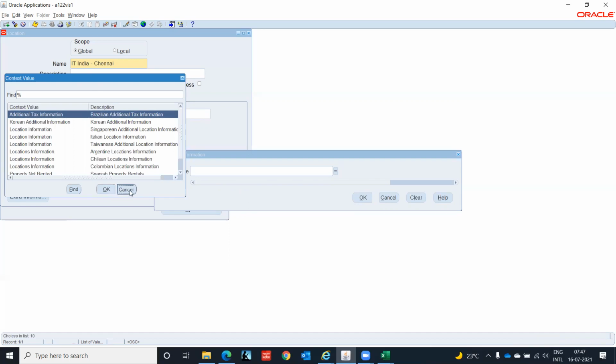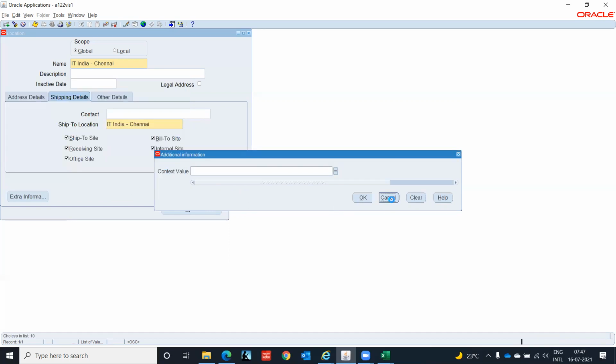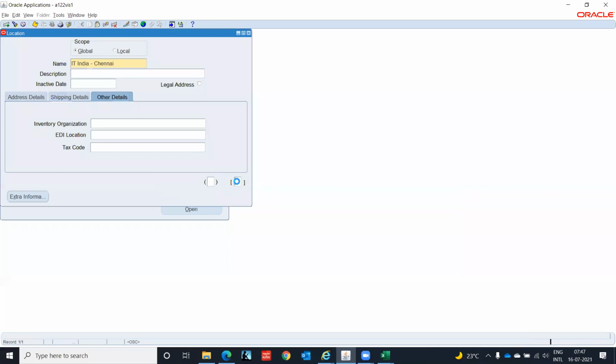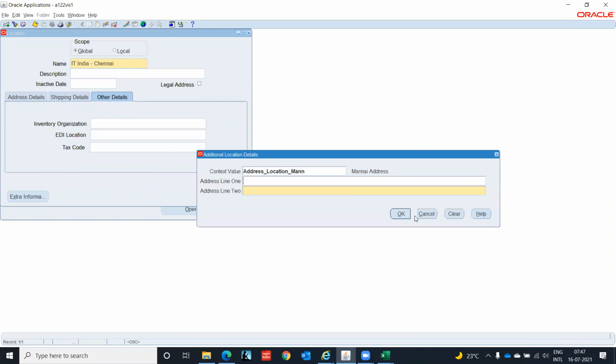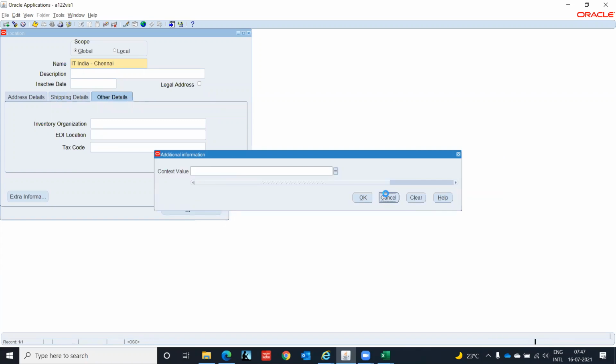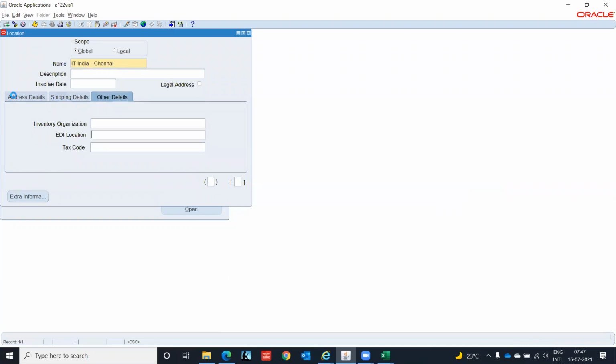Okay, some localizations got enabled, and that's the reason we can see some values needing to be entered here. So our address is saved, the IT India Chennai location. Our company is incorporated in Chennai, and this is the legal address. Now we go to